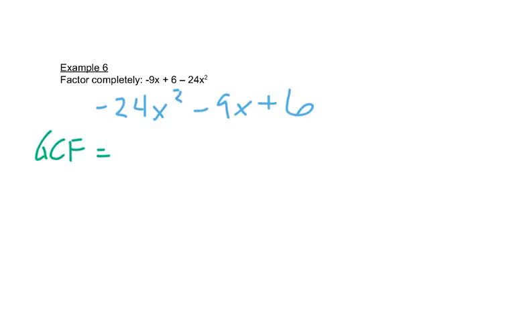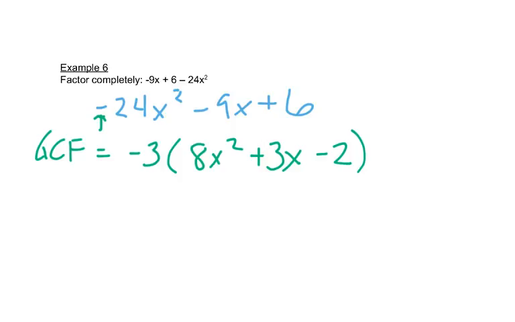This is not in standard form, so we need to write it in standard form first. We write the x squared part first, and then the x, and then the number. And now we look for a greatest common factor, and it does have a greatest common factor. 3 will go into all of those. And we don't like this negative in front, so we're going to do a -3. So -24 divided by -3 is 8x squared. -9 divided by -3 is a positive 3x. And 6 divided by -3 is a -2. So now we have a trinomial